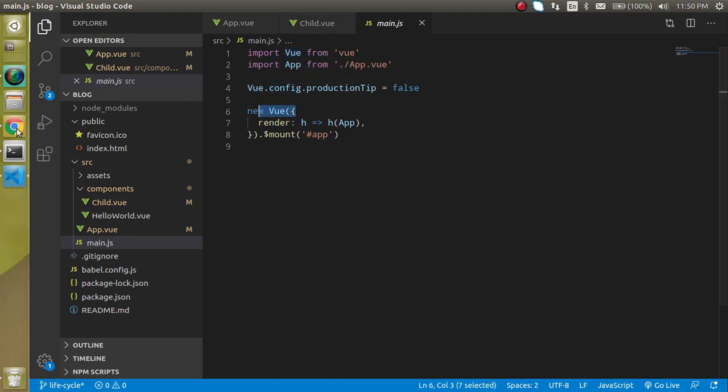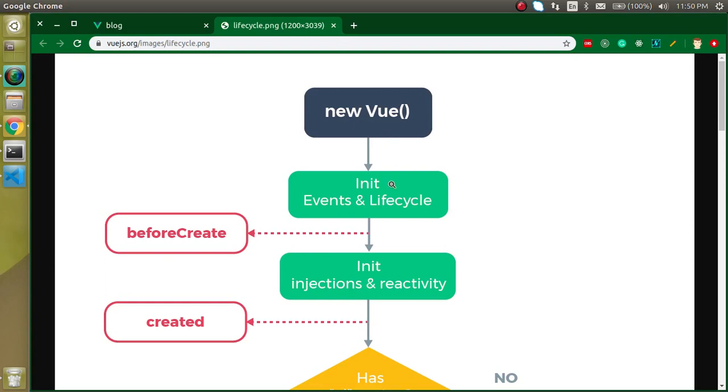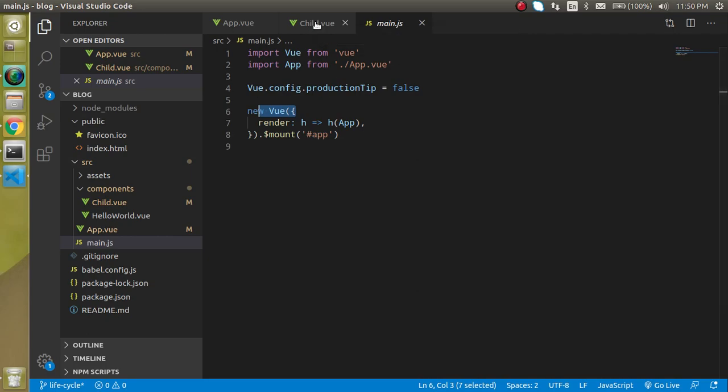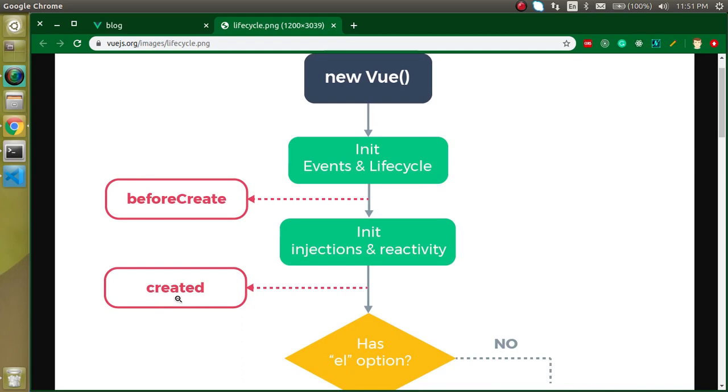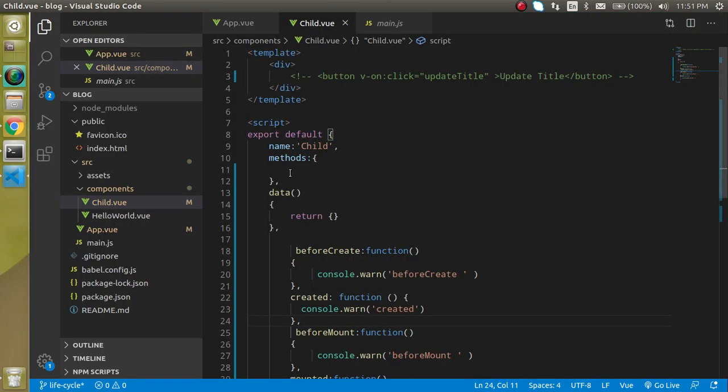After this is created, our lifecycle methods get started. First, just before creation, the beforeCreate lifecycle method is called. All right, and when the component is created, the created method will be called, and it will initialize two things.